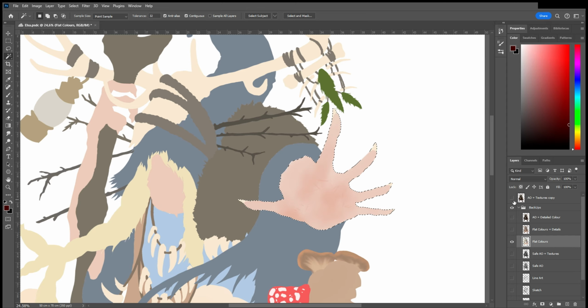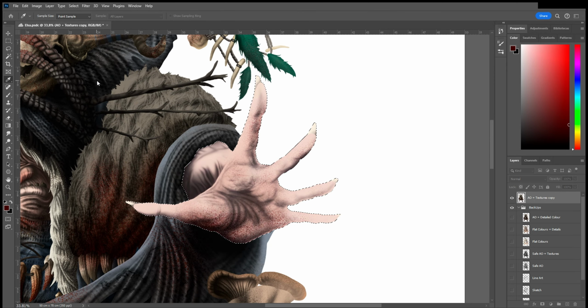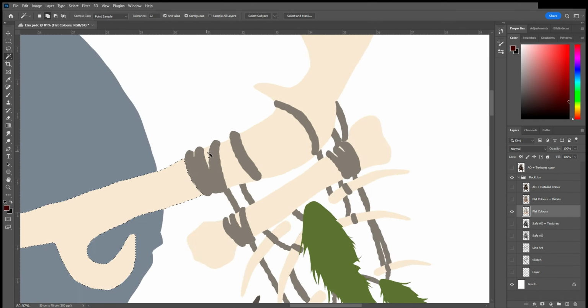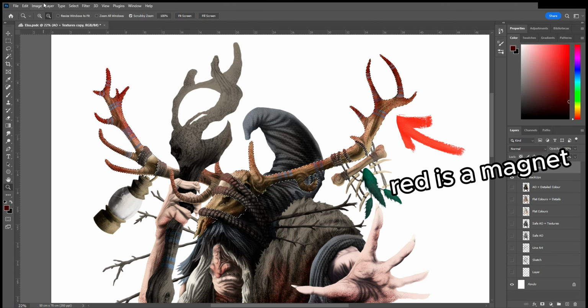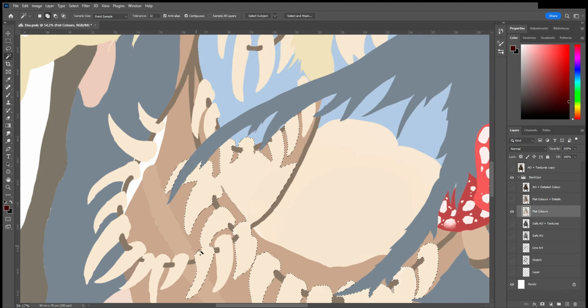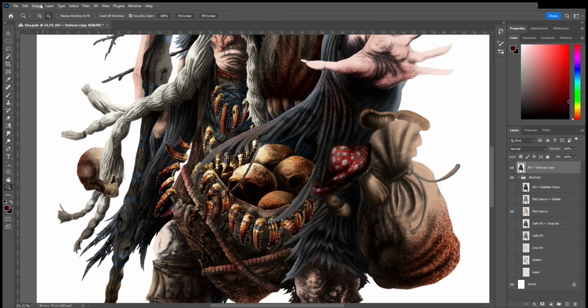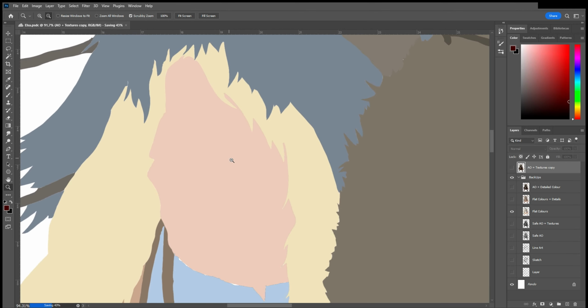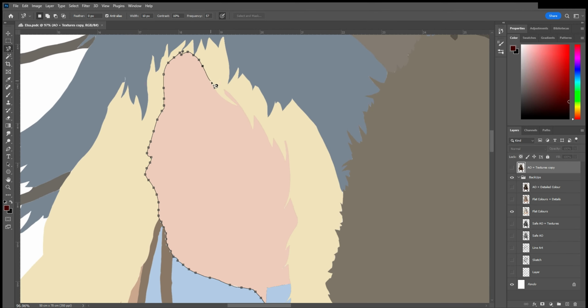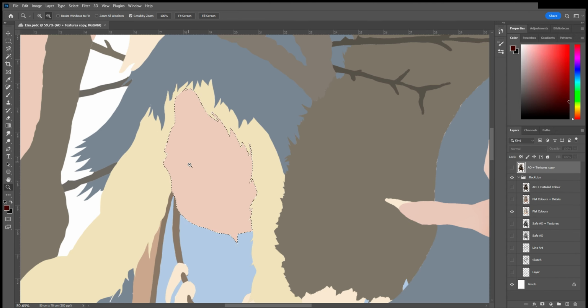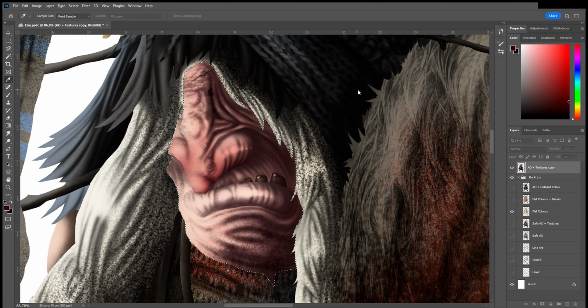In terms of color theory, it is also important to note that red is one of the most powerful magnets to focus the viewer's attention and guide their eyes through those tones. Therefore, red tones will be used especially in the outline of the deer horns, since these constitute the silhouette of our character. Blood red, furthermore, adds that dark fantasy component we are looking for, providing the drawing with a touch